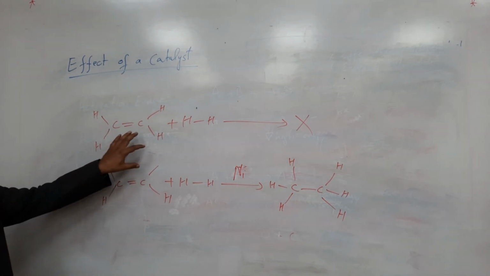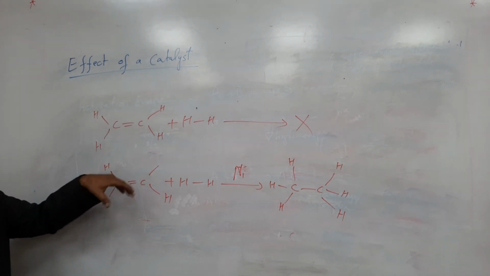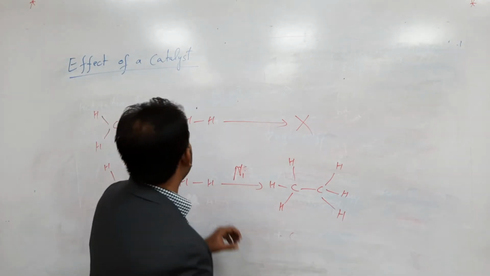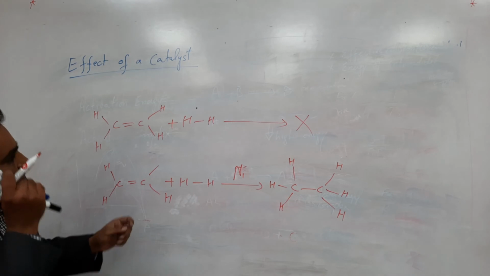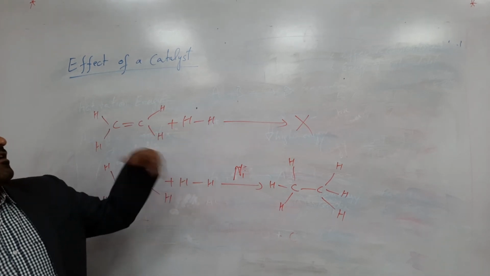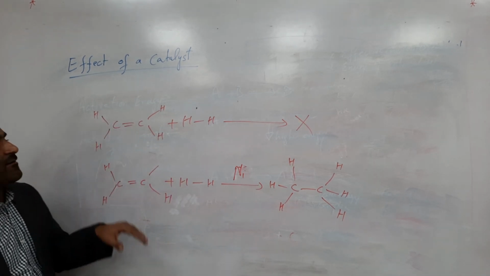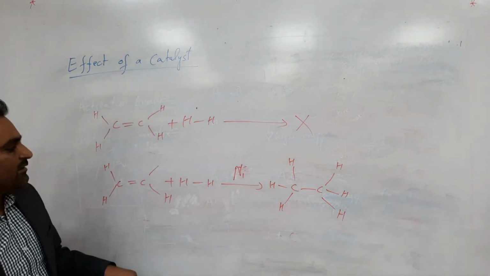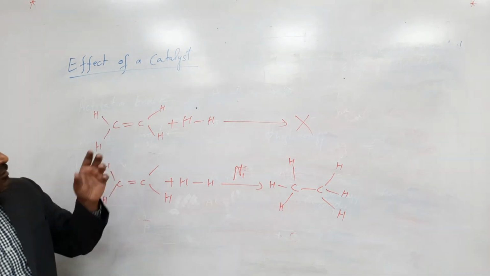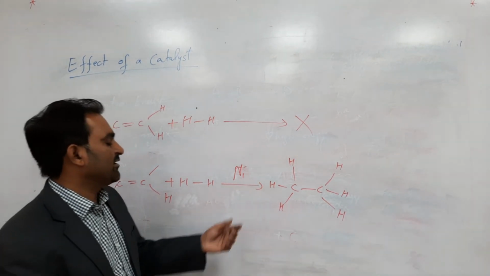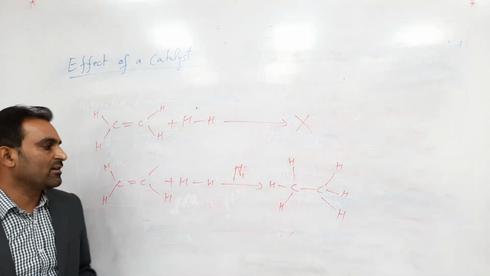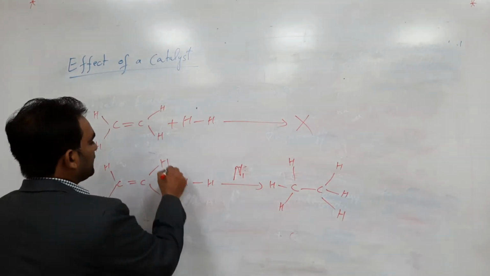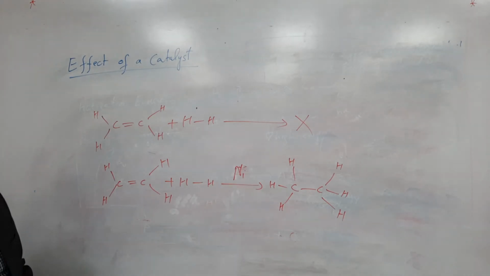Might be the molecules do not get the proper orientation to come up with the reaction, or there might be a little reaction but a complex formed with higher energy, so it will not give the product. But when you use nickel as a catalyst, it gives an alternative path to this reaction wherein the complex has lower energy, and molecules get the proper orientation to react.